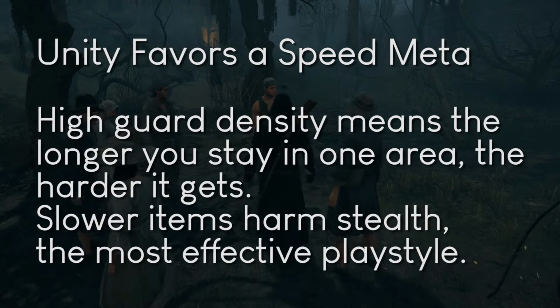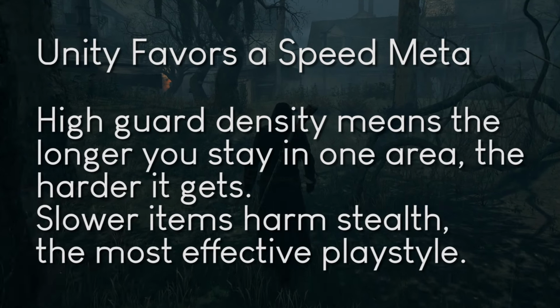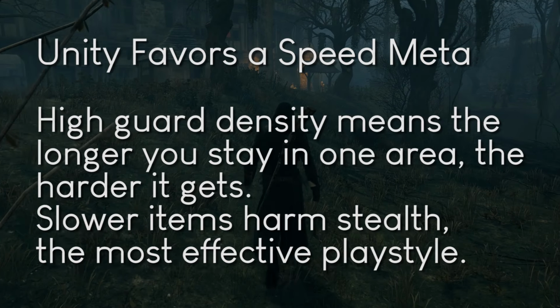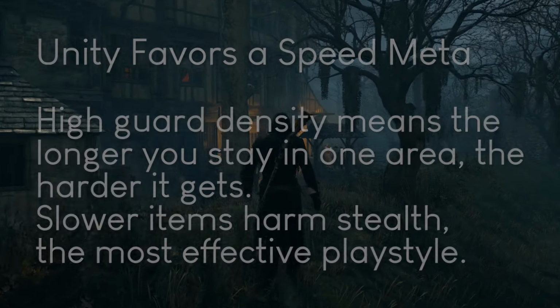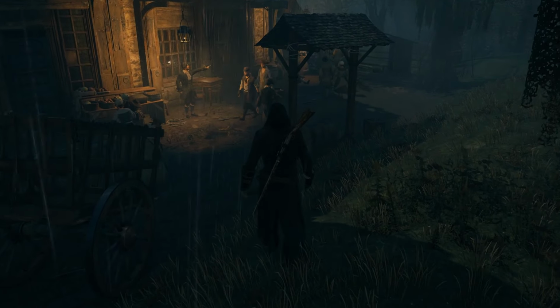I really need to stress how important speed and therefore time is in AC Unity. This game has a very high guard density in some areas, and that means that unlike some stealth games, the longer you stay in one spot, the worse your situation becomes. Items that take a long time to use can be actively harmful to the most effective playstyle, which is usually stealth. Taking all of these factors into consideration is what I use to determine an item or ability's overall rating on the tier list,